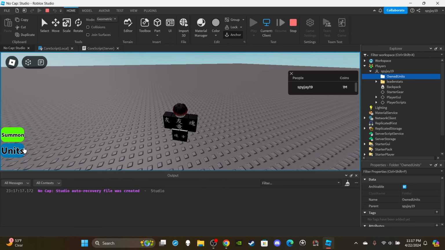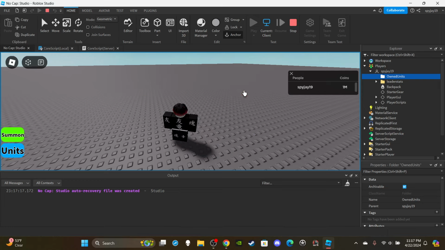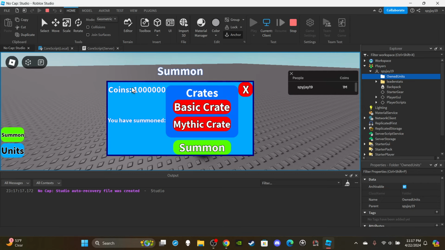So first things first, if I open up the units, you guys can see it works. Everything opens, everything closes, nothing is here, right? If we open up the summons menu, one, it shows me how many coins I have. Then we have our crate system. If I click basic crate, green, mythic crate, green, we can switch in between. If I click basic crate, then click summon, it's going to take away